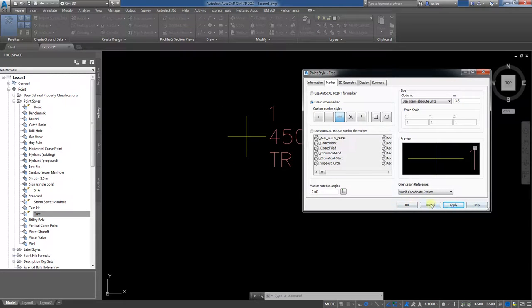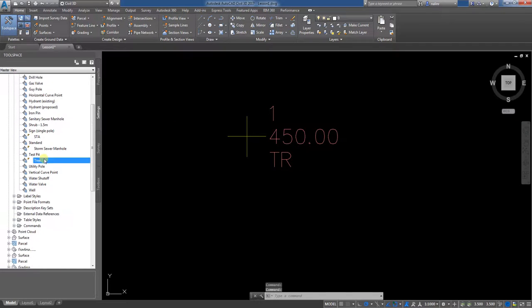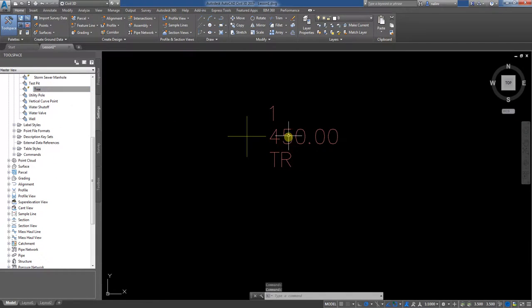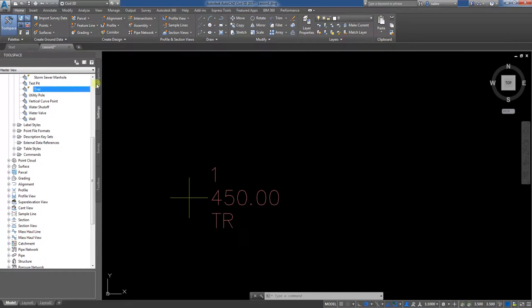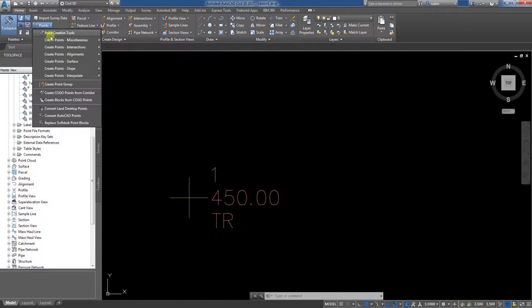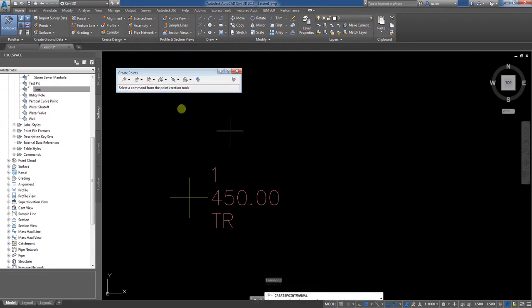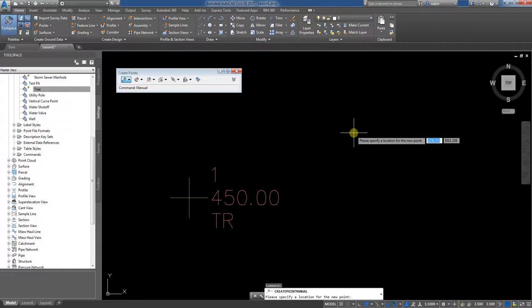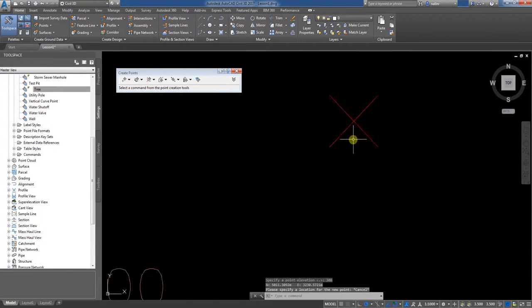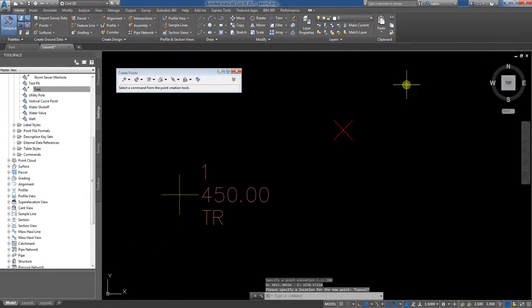And I go cancel. The other thing I want to talk about, so that's how creating points manually. If I create another point without giving any meaningful label, so just click anywhere I want, and I give a point description, just A, enter. Elevation I give 300. So that is the standard marker, and it does not come with any